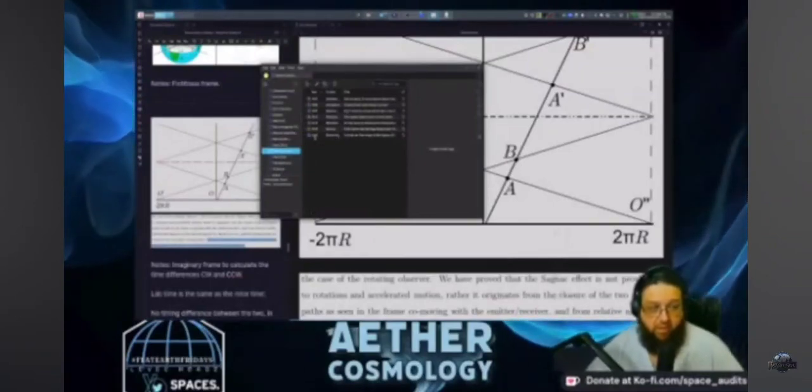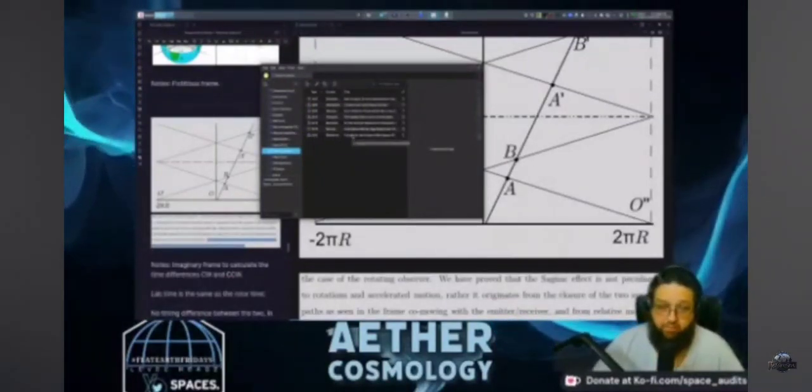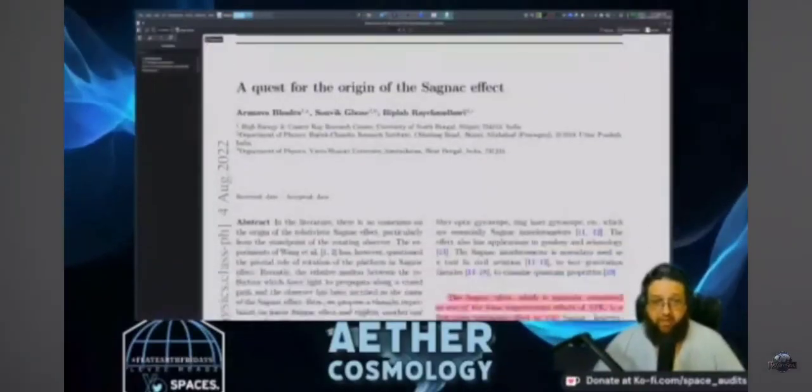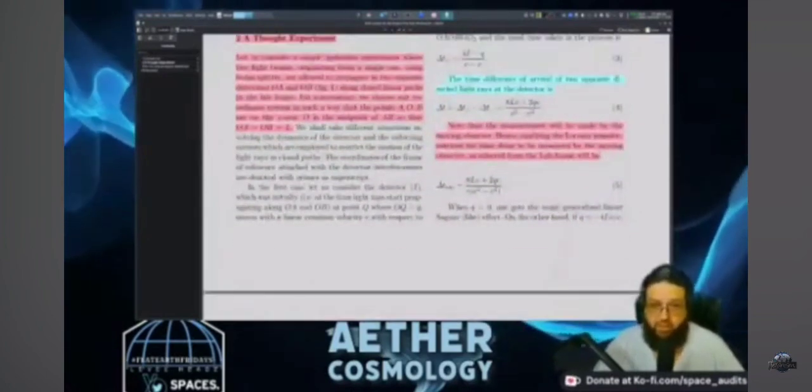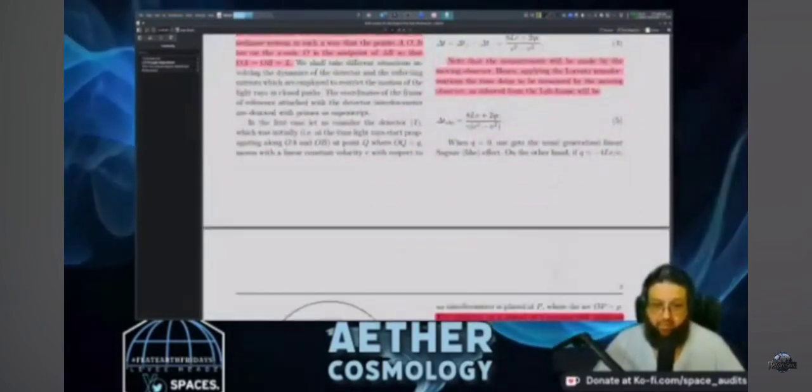So this is Barada, 2022, trying to explain the Ruyang Wang and the Sagnac effect as a relativist. And here we're going to look at a thought experiment. He's breaking it down, realizes that even with the gamma factor, there's no ability to explain it. And he goes on to say,